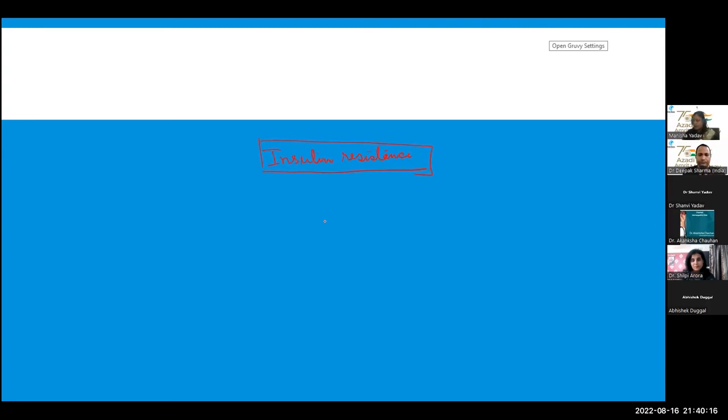Similarly, insulin resistance has various reasons which may lead to its development, and there are certain risk factors for insulin resistance, and it may be either increased abdominal obesity,